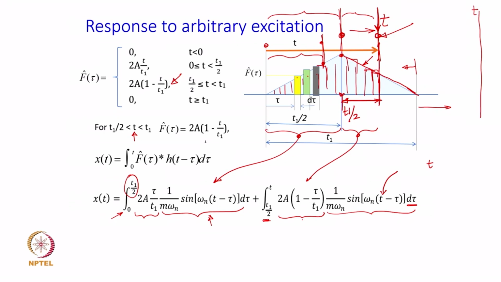So, as long as this figure is clear and you know what you are doing in terms of where the impulses are located, within which time limits, the expression is straightforward to get. So, as long as you have clarity on what this convolution integral means, getting this expression is not a big deal.